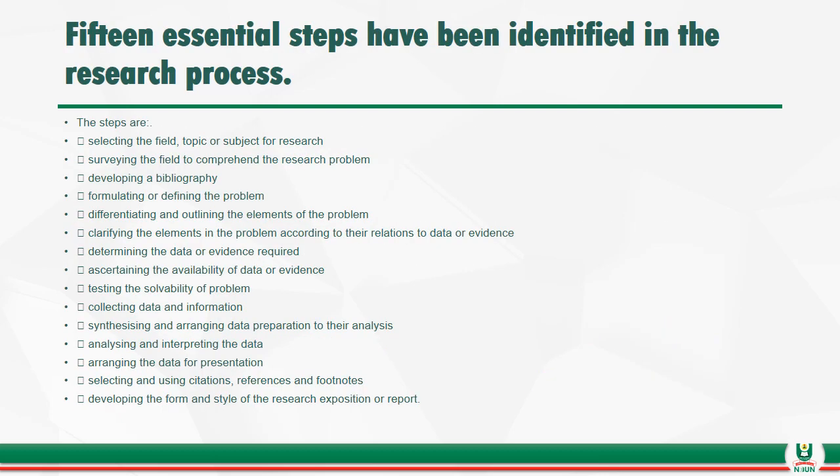There are 15 different essential steps that have been identified in the research process. These 15 different steps are: select the field or topic or subject for research, survey the field to comprehend the research problem, develop a bibliography, formulate or define the problem, differentiate and outline the elements of the problem, clarify the elements in the problem according to their relations to data or evidence, determine the data or evidence required, ascertain the availability of data or evidence, testing the